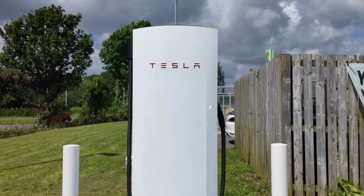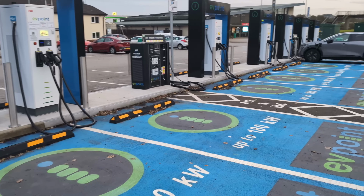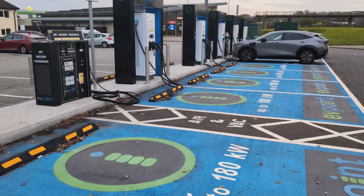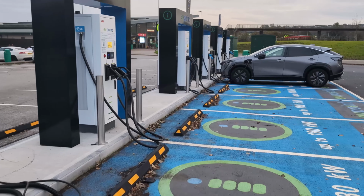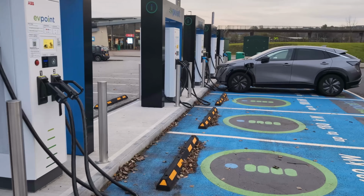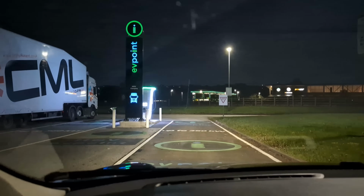Tesla drivers note, if you do use these V4s, they will operate exactly like a Tesla V4. Just plug in and charge, but you will be charged the 64 pence for their rate, not the Tesla rate. Well, EV on the move have got really attractive locations. They're well looked after. Some also offer drive-through